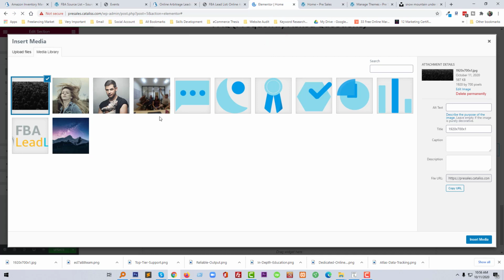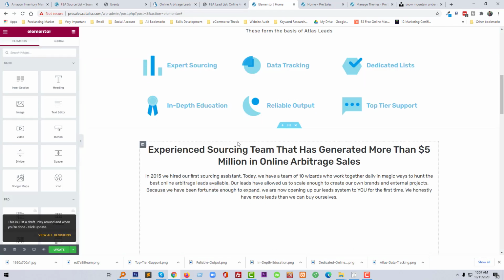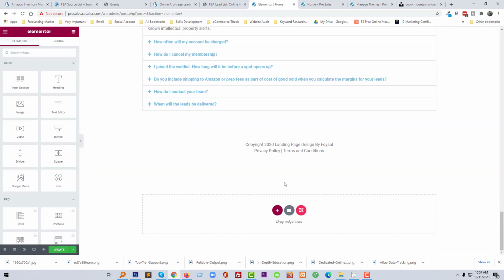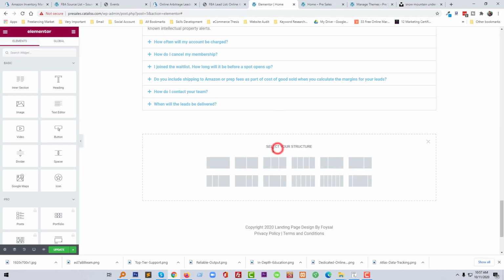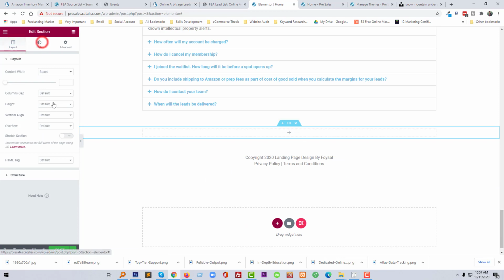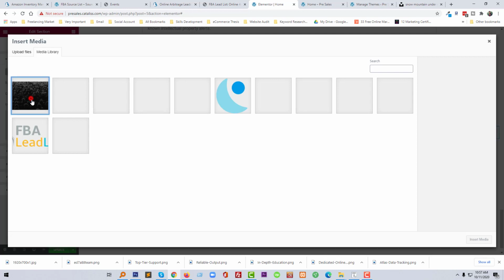I'm going to reload this page again. Click on add a new section, select structure, then upload our background image, insert media,